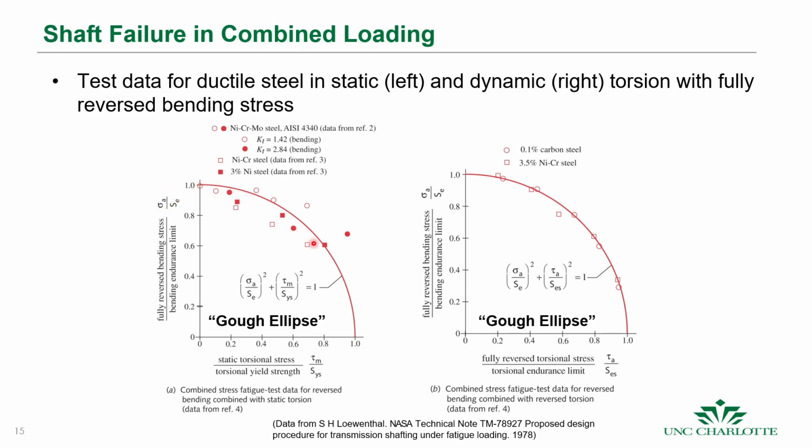And then we come all the way down here to the mean load, and in this case we have a mean torsional stress, and this is for fully reversed bending with static torsion. So if we had a constant applied torque and fully reversed bending, which is a transverse load as it spins, then we get failure points that are along this graph here,